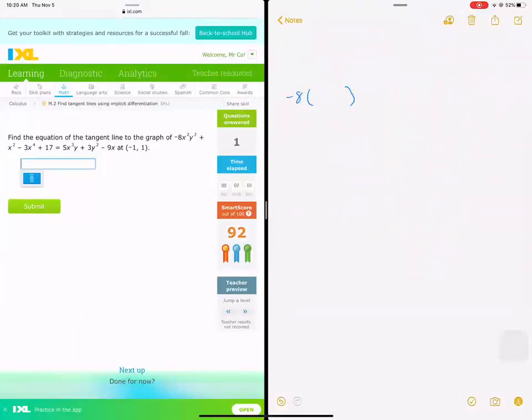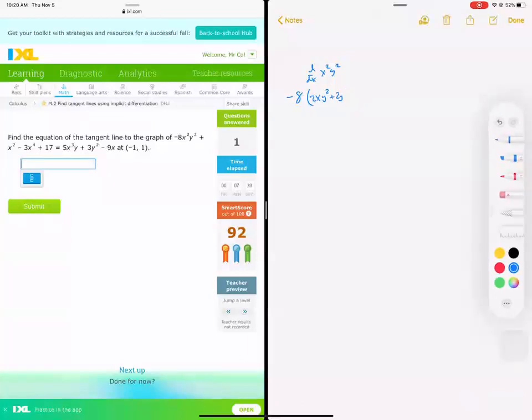Leave it alone. So again, I'm taking the derivative of negative 8x squared y squared. So I move out the constant, and the derivative of d over dx of x squared y squared is product rule. So the derivative of the front is 2x, leave the back alone, plus derivative of the back, which is 2y. Darn it, I ran out of space. 2y, y prime, leave the front alone, plus